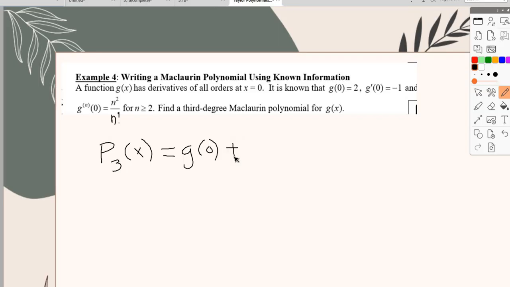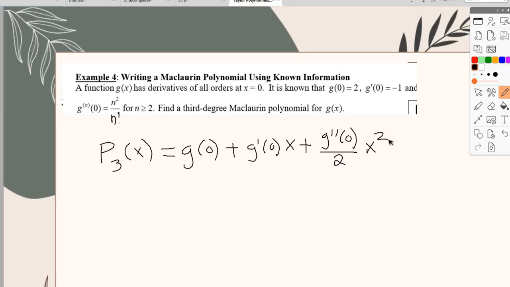Plus, then we're looking at what? g prime of 0 times x. Plus g double prime of 0 over 2, times,